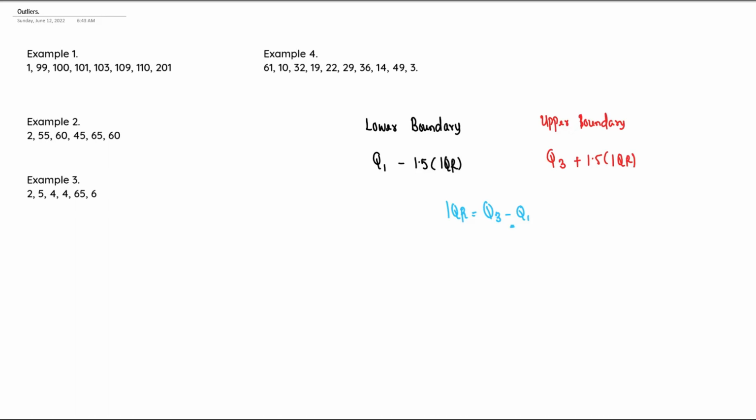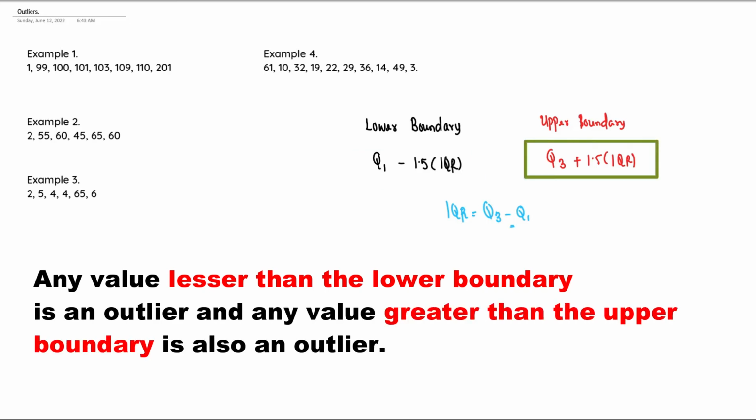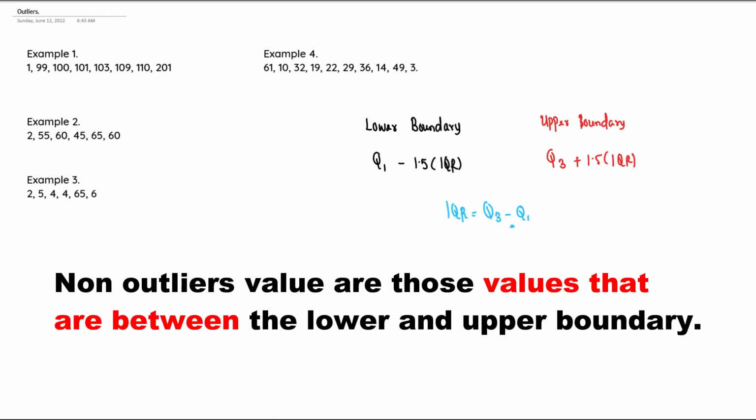The lower boundary is Q1 minus 1.5 times IQR, and the upper boundary is Q3 plus 1.5 times IQR. Any value that is lesser than the lower boundary is seen as an outlier, and any value that is greater than the upper boundary is also seen as an outlier. So the non-outlier values are going to be values that are between the lower boundary and the